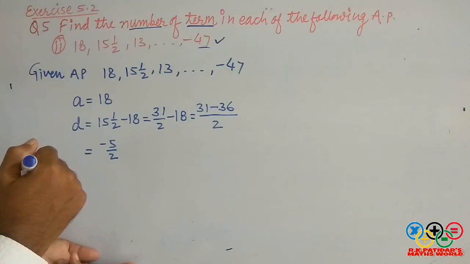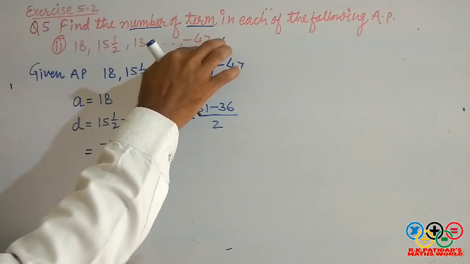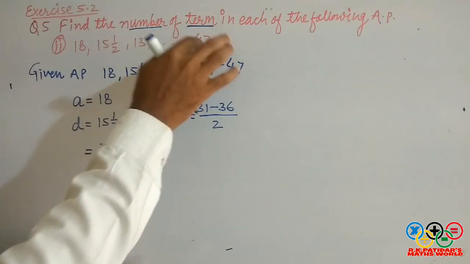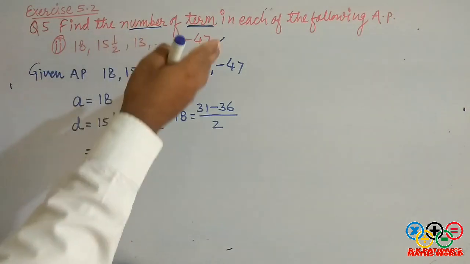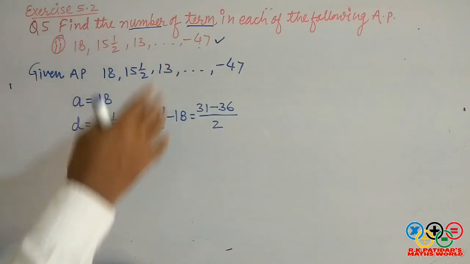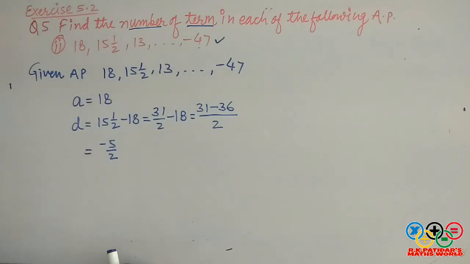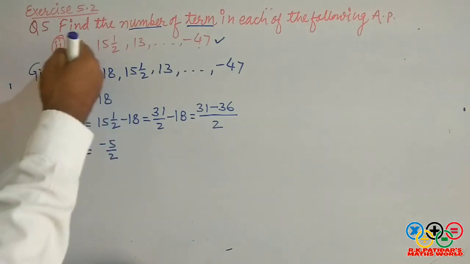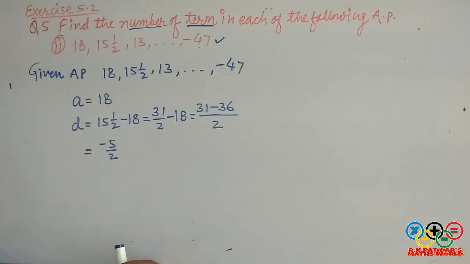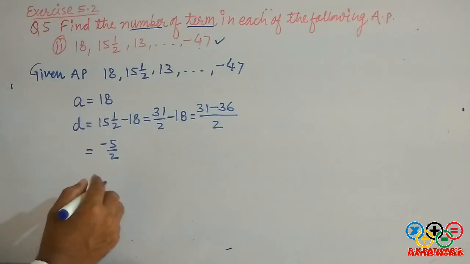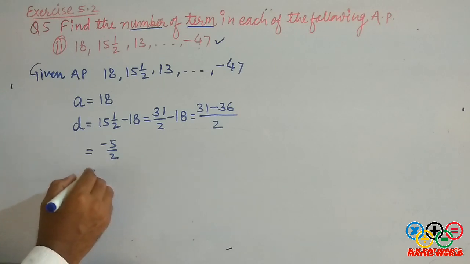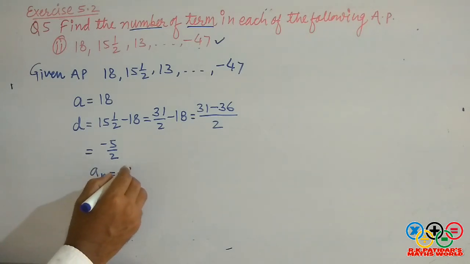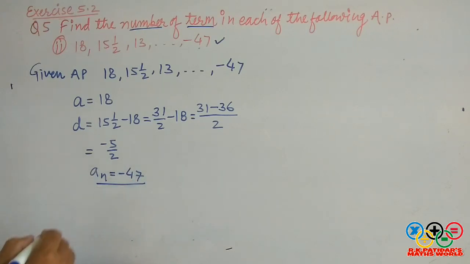Now what is given? That last term is given. If we find out the number, which term is this? Okay, इस term का n हम find out कर लें कि which term is this. अगर ये fifth term होगी तो there are 5 terms. If this will be the 20th term, then there are 20 terms. If it is 25th term, then there are 25 terms in this AP because it is the last term. So the last term or nth term have the same formula. Means here an is given, that is minus 47. An यहाँ क्या है? Minus 47.